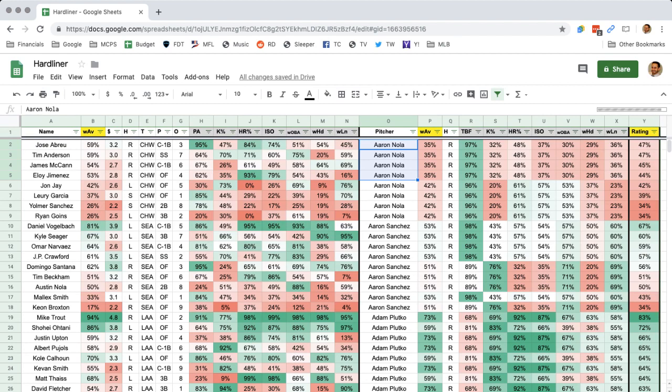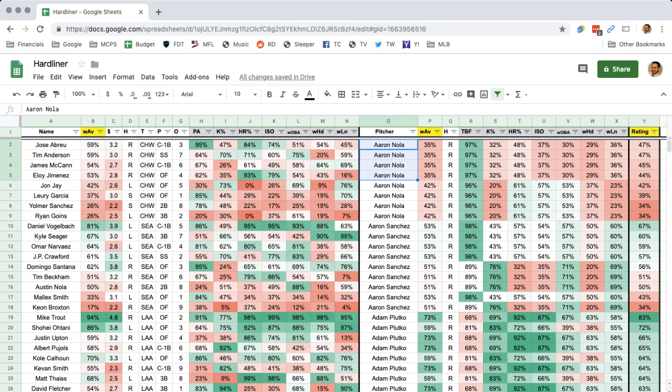So he's slightly worse against lefties, not really surprising as a right-handed pitcher, but he's still a below average target at 42 and 35%. So you're not really looking to target Aaron Nola because he is below the mark. He's red for weighted average.